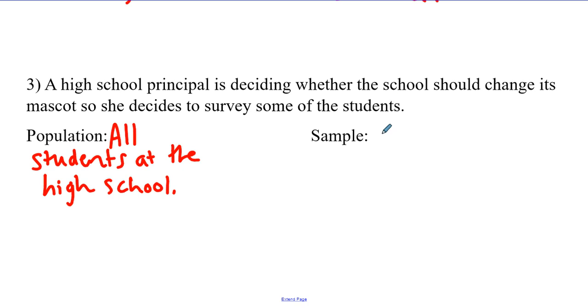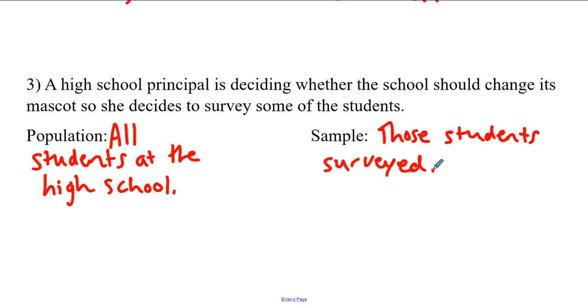The sample would be those students that were actually surveyed. Population is everyone that could have been selected. Sample is those that were actually selected. Population is the group we really want to know about, everyone that could have been selected, and sample are those